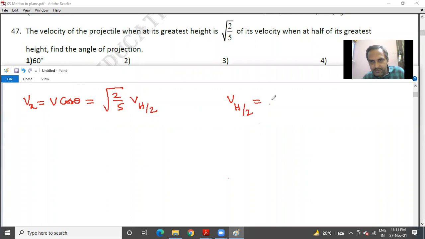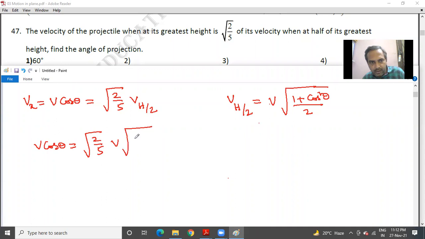From the previous videos, we got the velocity at half the maximum height as v under root of (1 plus cos square theta) whole divided by 2. Now let us substitute: v cos theta is equal to under root 2 by 5 times v under root of (1 plus cos square theta) whole divided by 2. Squaring